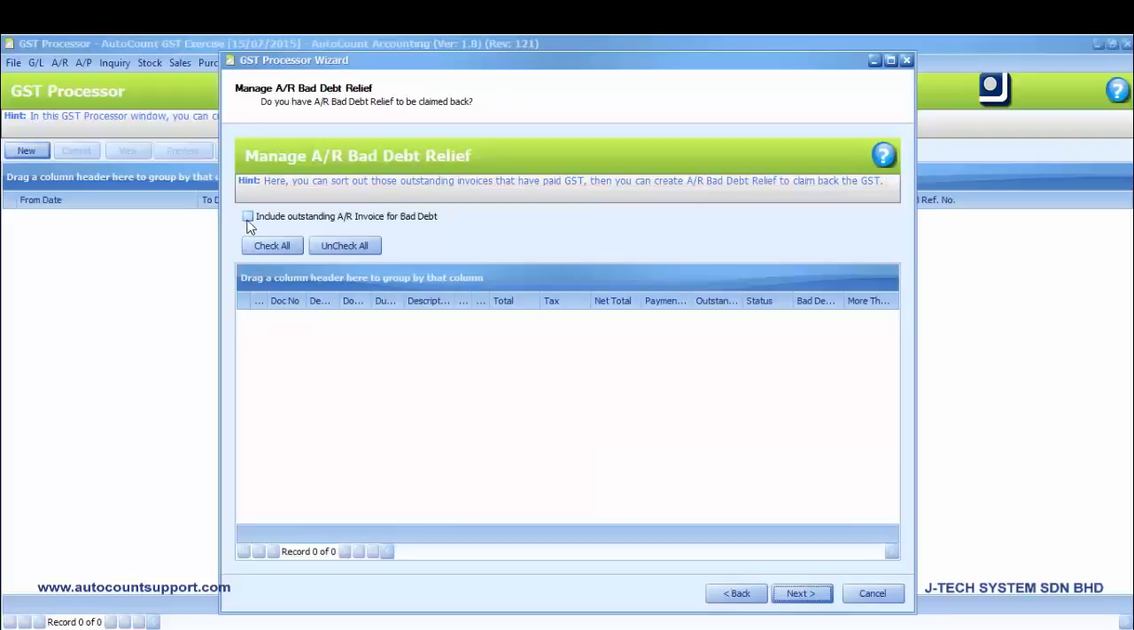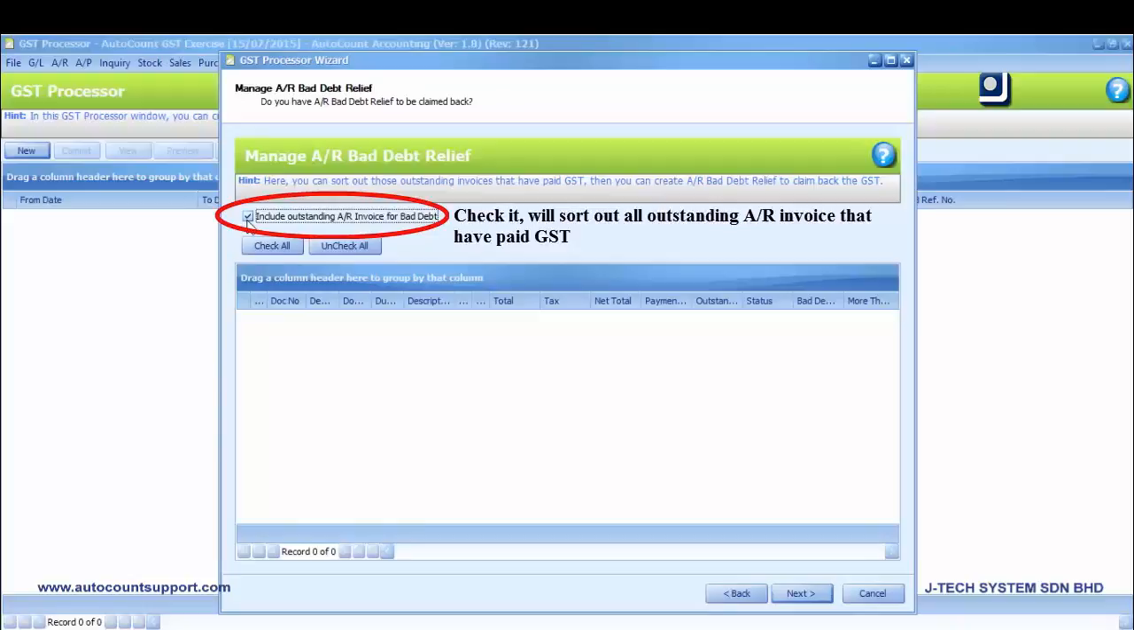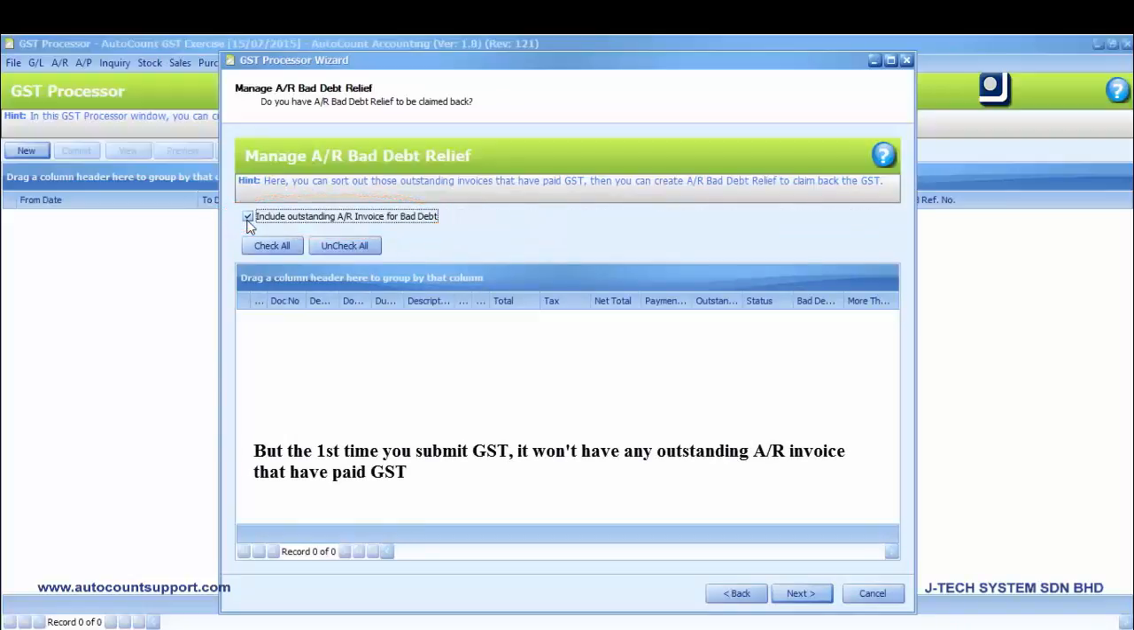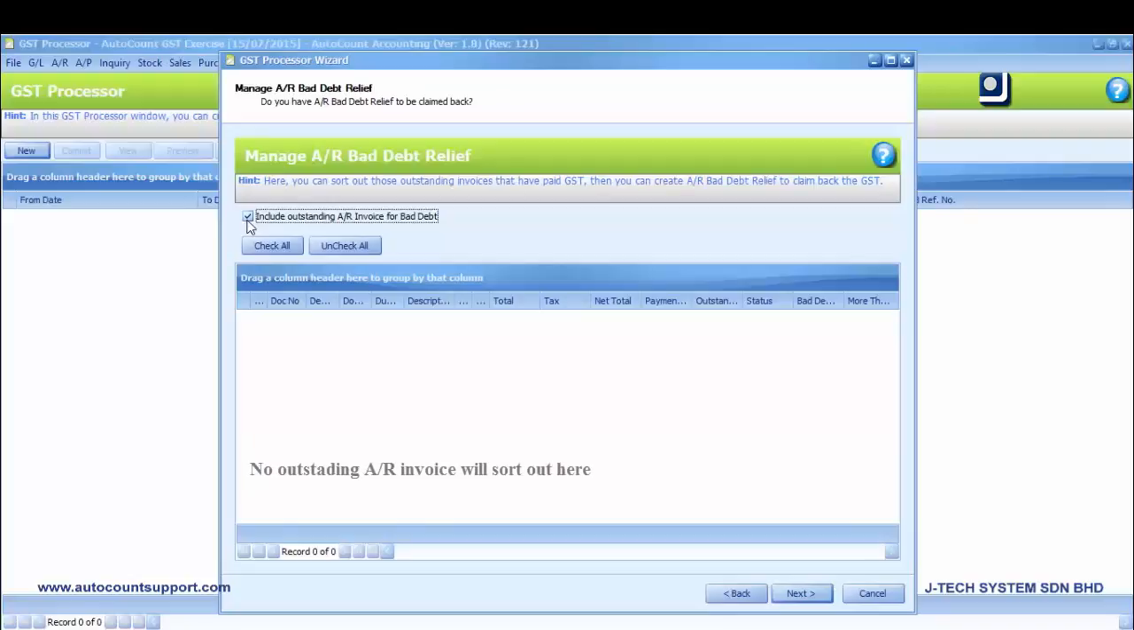You can check on Include Outstanding AR Invoice for Bad Debt, in order to sort out all outstanding AR that have paid GST. But the first time you submit GST, it won't show any outstanding AR invoice that have paid GST. So no outstanding AR invoice will be sorted out here. But the second time you submit GST, it will show those outstanding AR invoices that have paid GST once you